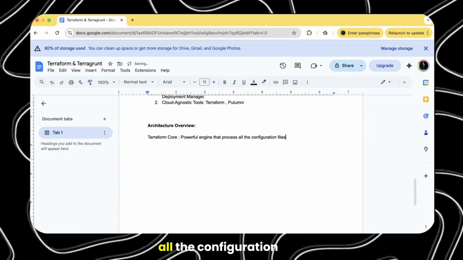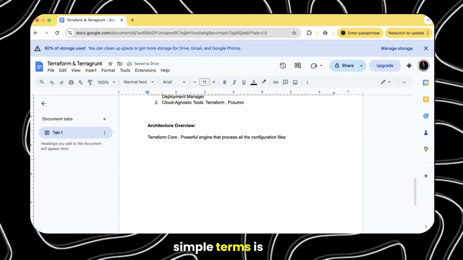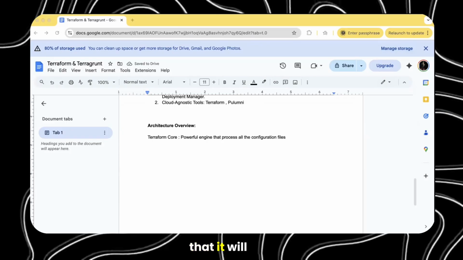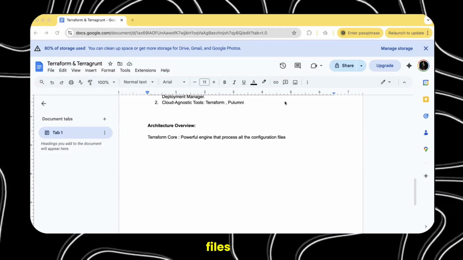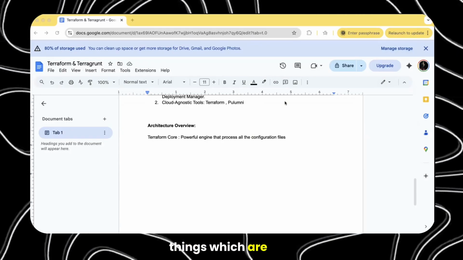In very simple terms, it processes all the state files, all the other TF files and things which are there.